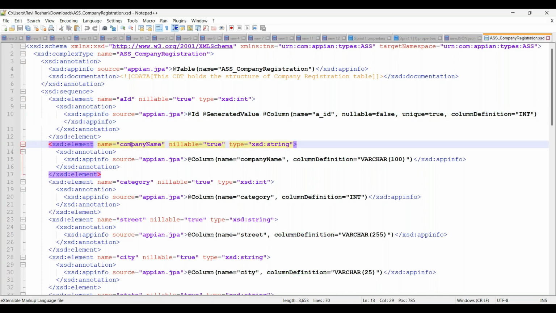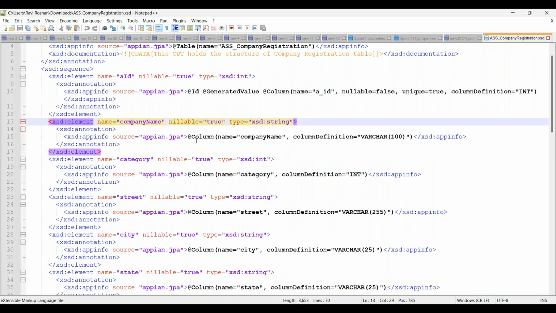If you look at the company name, we do not have ID or generated value here, because this is not a primary key. It just has the column, and it's the name of the column. Column definition is varchar 100. If you had given nullable here, that is not required. But if you put nullable here,